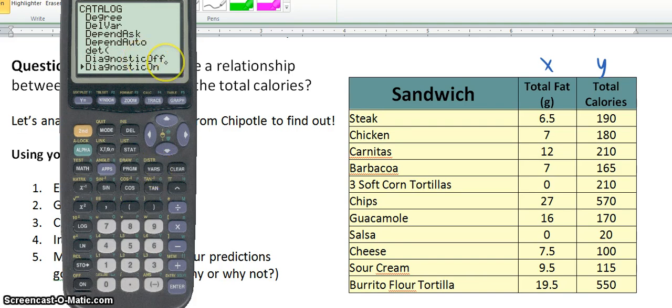So if your diagnostic's off, some of the functions won't work correctly, so always make sure it's on before you start the linear regression. So I highlight the on, I hit enter to actually turn it on, and you're good to go for the rest of the problem. Now that we've taken care of that, I want to figure out what I can do with this data on